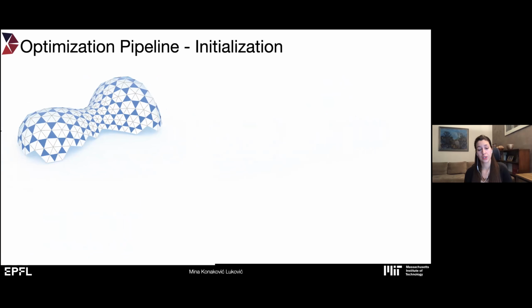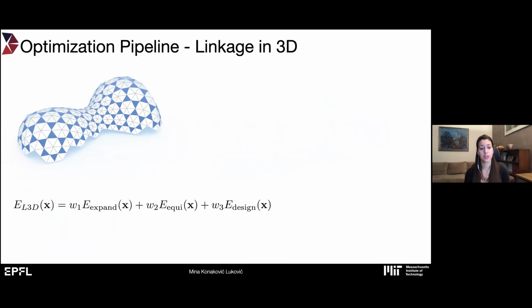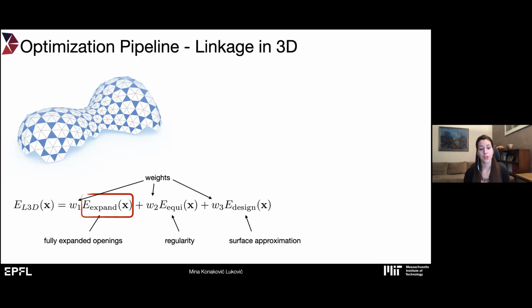So the actual optimization that we are doing here is of the 3D linkage. We need to make sure that the triangles are expanded everywhere, that the triangles are equilateral or regular, and that they are nicely fitting to the target surface. And again, we can control all of these with weights. So the most interesting constraint here, which was different than the uniform auxetics, is this expansion constraint, which we were able to define nicely and in very simple geometric terms by using Kramer's theorem that says that